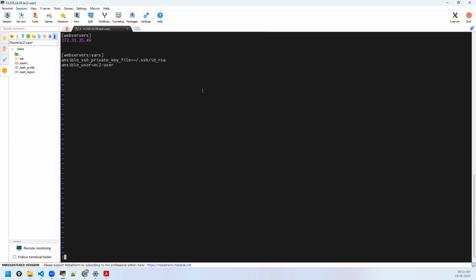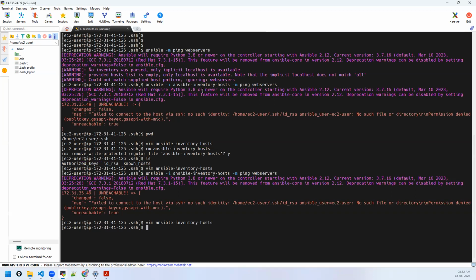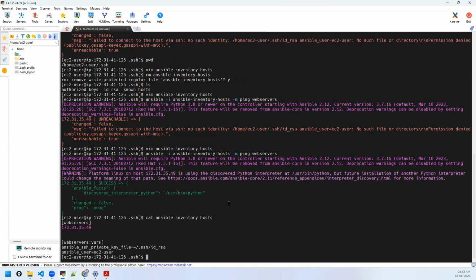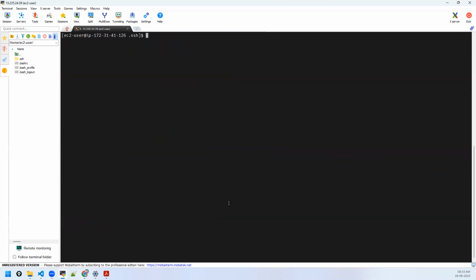Okay, variables should be defined this way. See, it was considering the whole thing as a path. Do you see that? Understood the error. Because I have appended it on the same line, it was considering the whole thing as the path where the file is present. Okay, this is how your inventory file should be. So that's how the attributes should be listed, one above the other. And now when you run this,